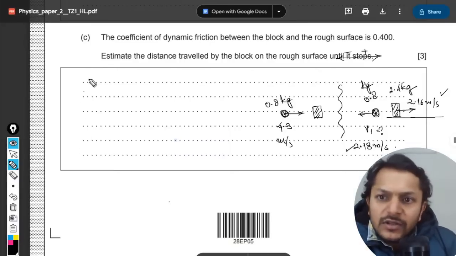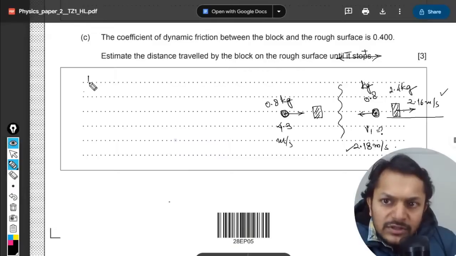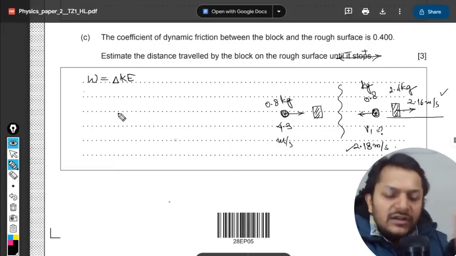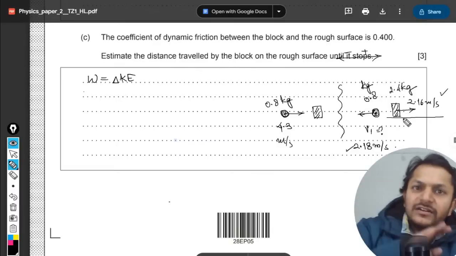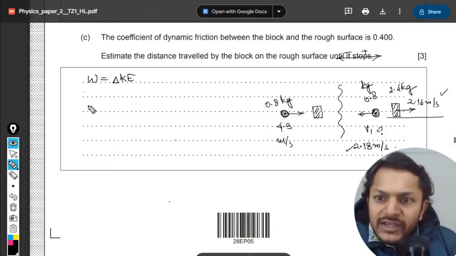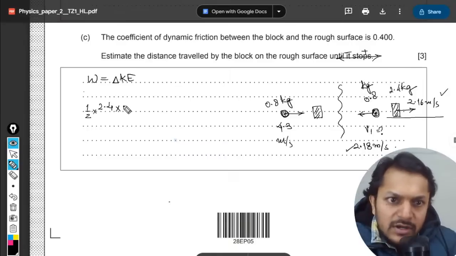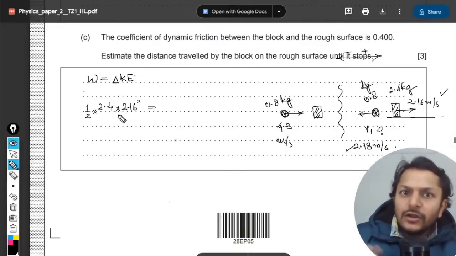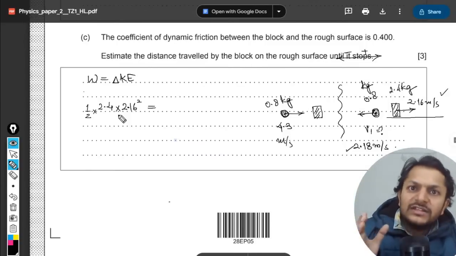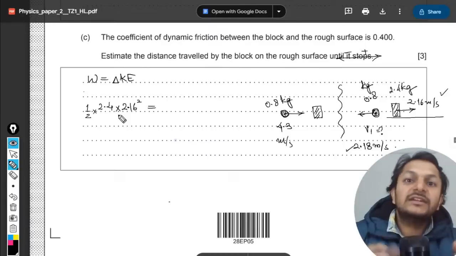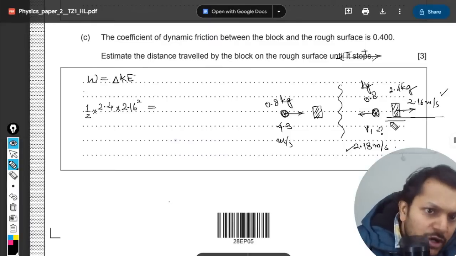According to the work energy theorem, the work is always equal to the change in kinetic energy. So here the kinetic energy is changing. Earlier it is moving with the velocity of 2.16, but later the velocity becomes 0. So we can say that all of the kinetic energy is lost. So half m v square, it is lost. But where is it lost? Somebody has done work against the motion. Friction. So friction work is like friction multiplied by the distance that will be traveled,